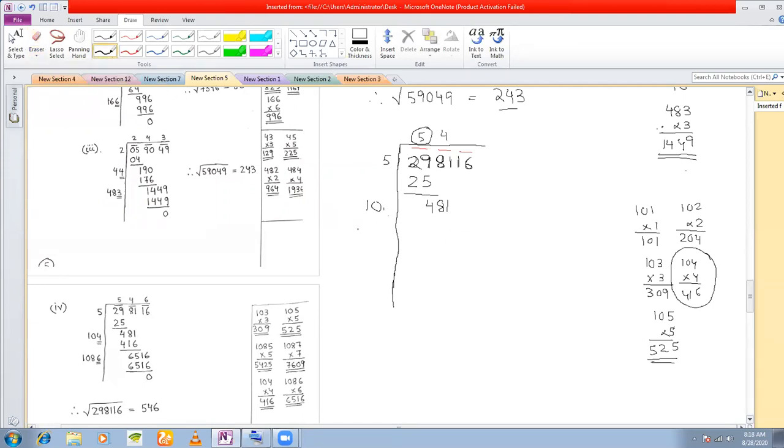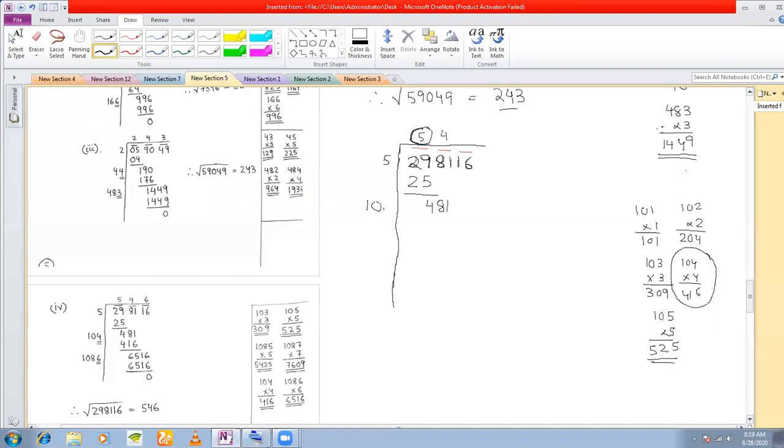Fine. So now what you do is we need to place a digit here. Any digit between 1 to 9 such that whatever number is formed on placing the digit here, when you multiply that number by the digit, you must get a number that is just less than 481. Sir, how did 10 come? I have doubled this 5. Were you there yesterday? Yes, sir, I was there. Then I had explained all this yesterday only.